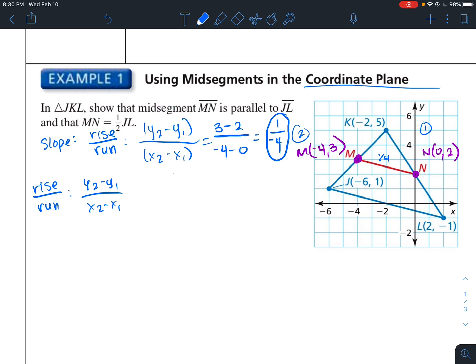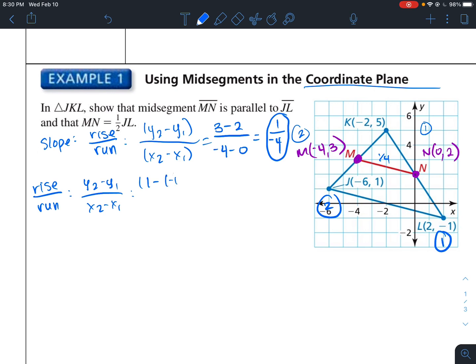So let's label this one as our first point and this one as the second point. This would be our y2, which would be 1, minus y1, which would be negative 1,